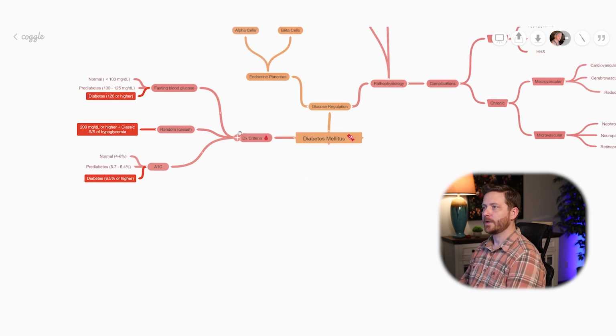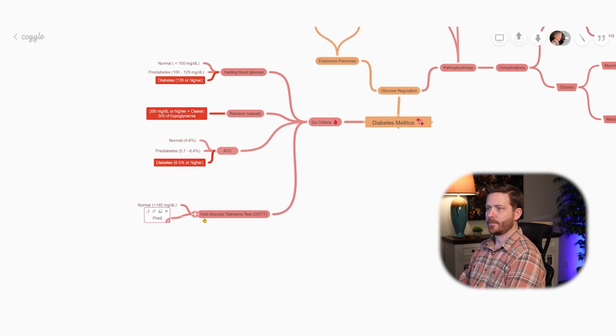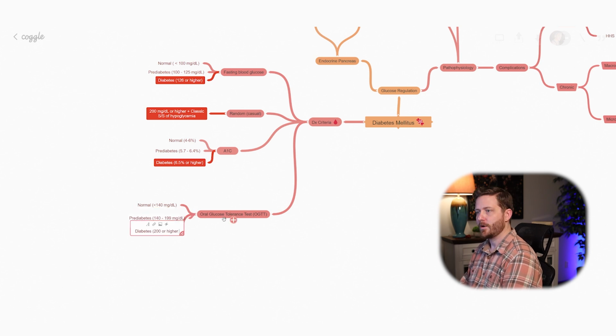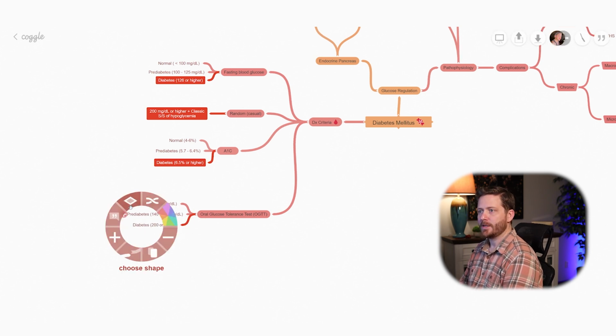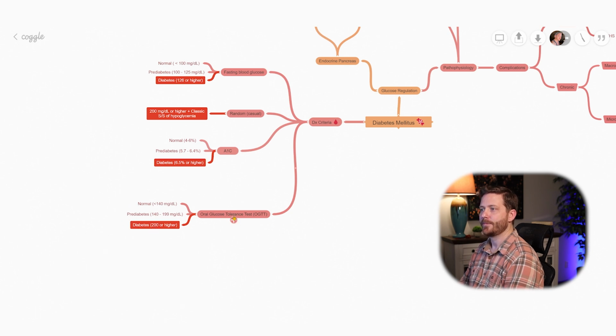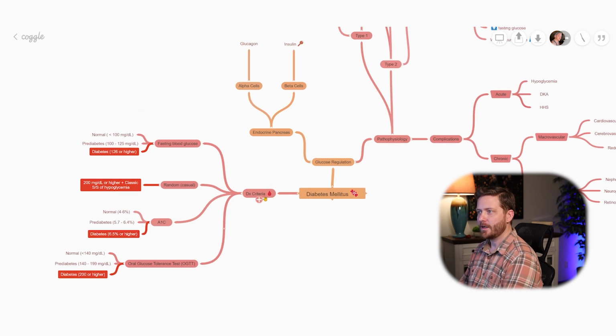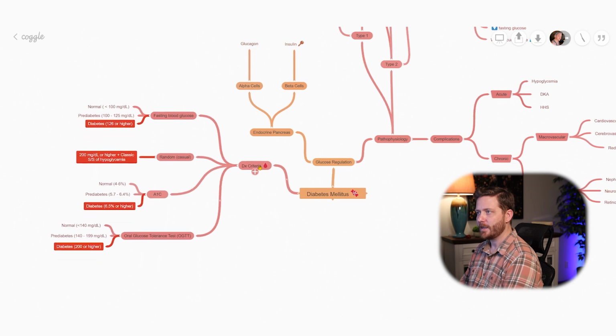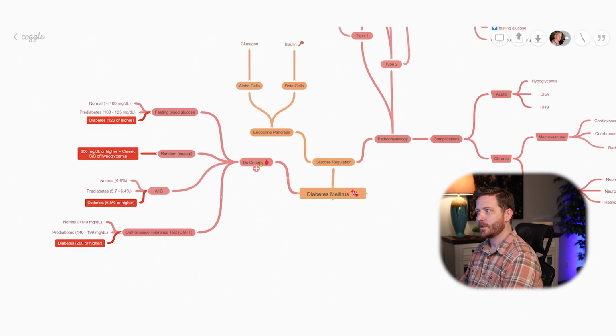All right, moving on to our last test, which is our oral glucose tolerance test. Let's go ahead and denote our diabetes range with our rectangle and being bright red. Now that's going to take care of our diagnostic criteria, and let's kind of move this up with our glucose